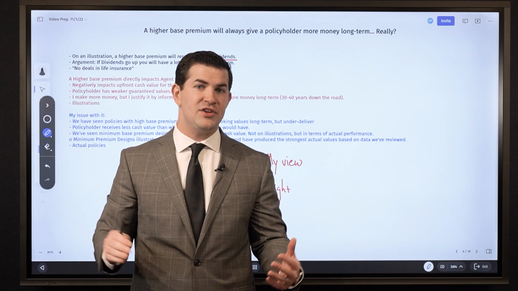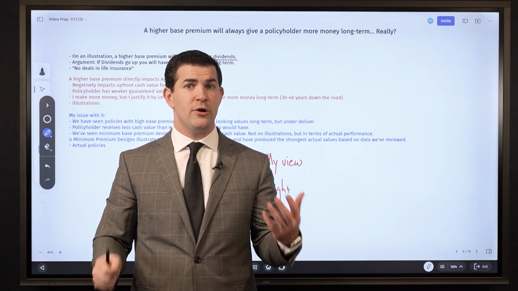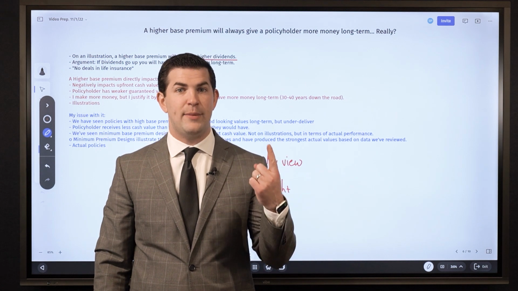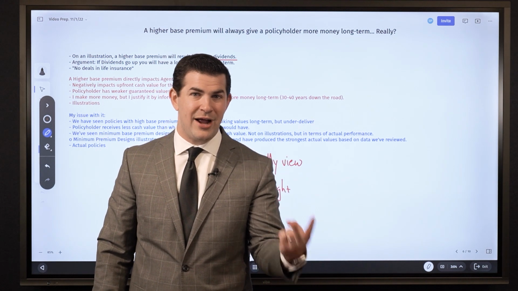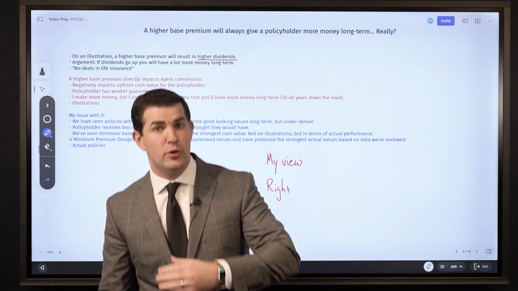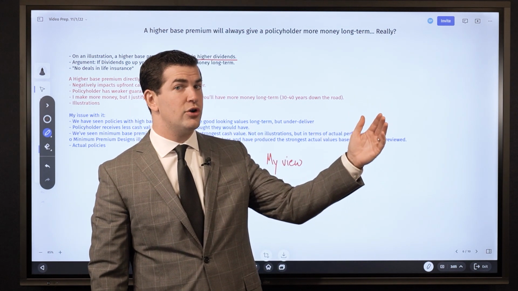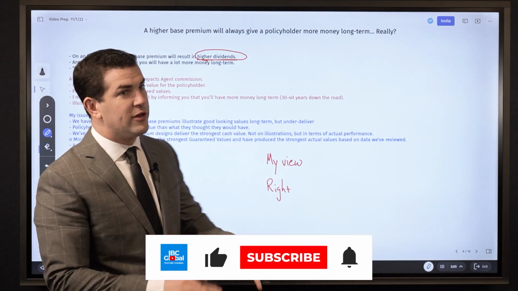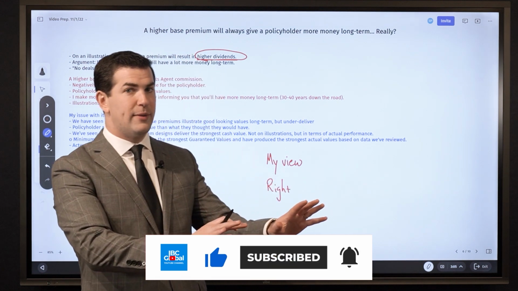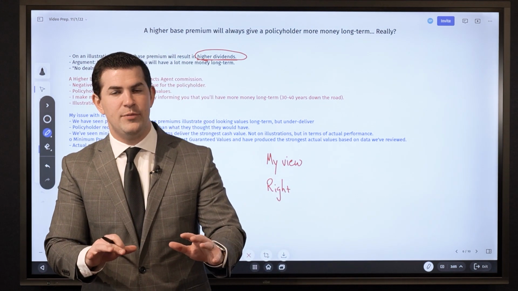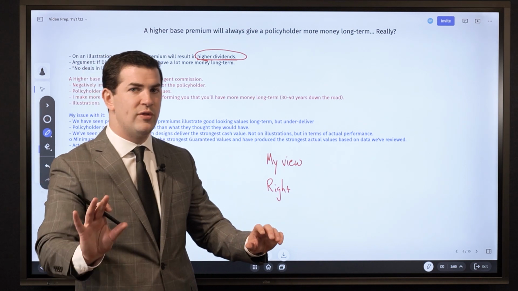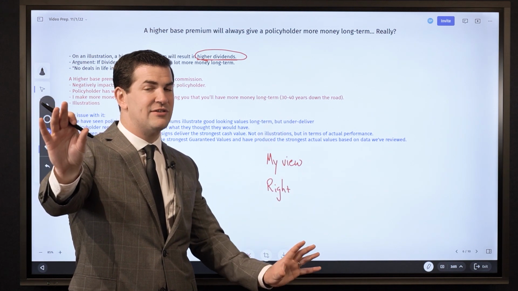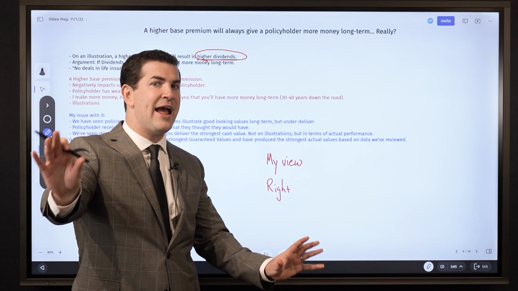If I set up a policy with a higher base premium that guarantees a consumer less money in cash value, it guarantees that they will have less money up front, and it also guarantees that I'll make more money, all under the hope or the assumption that they will have more money long term because of this argument that dividends are more favorable on the base premium, and it could deliver more money long term. It's like we haven't actually seen it. So if I do everything I just mentioned, put you in that policy, hoping that you'll have more money long term because I believe what I see on the non-guaranteed side of the illustration, but then it does not happen,